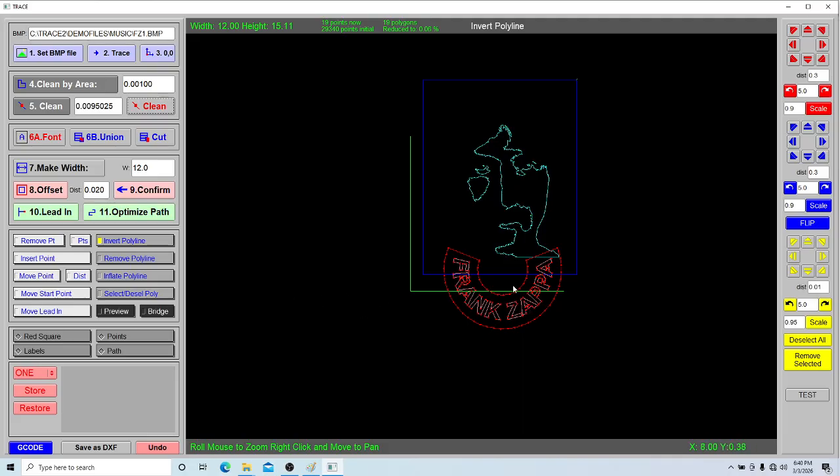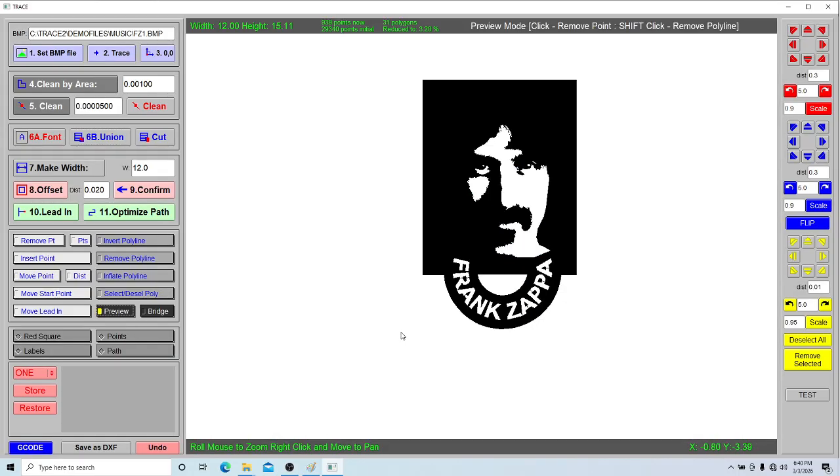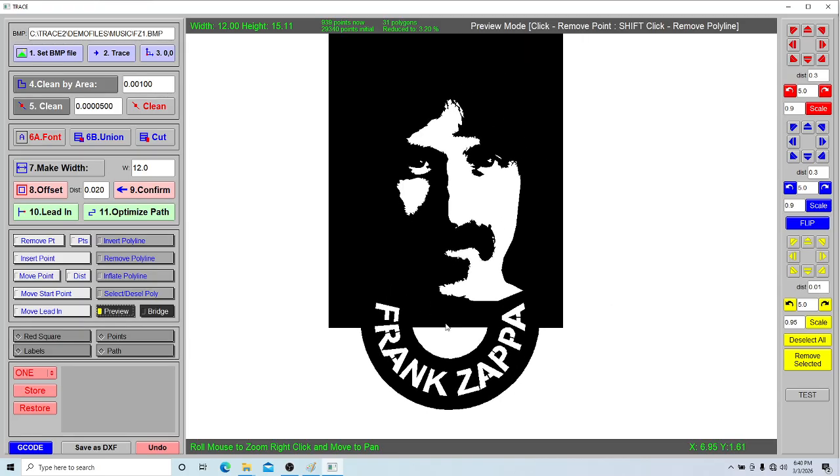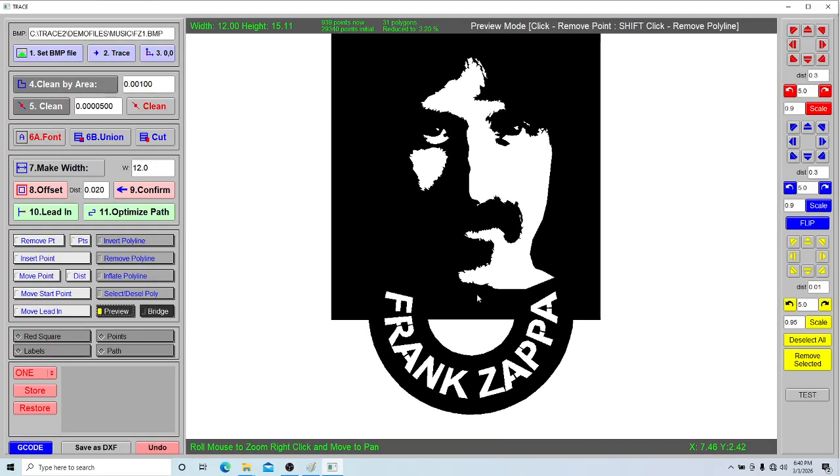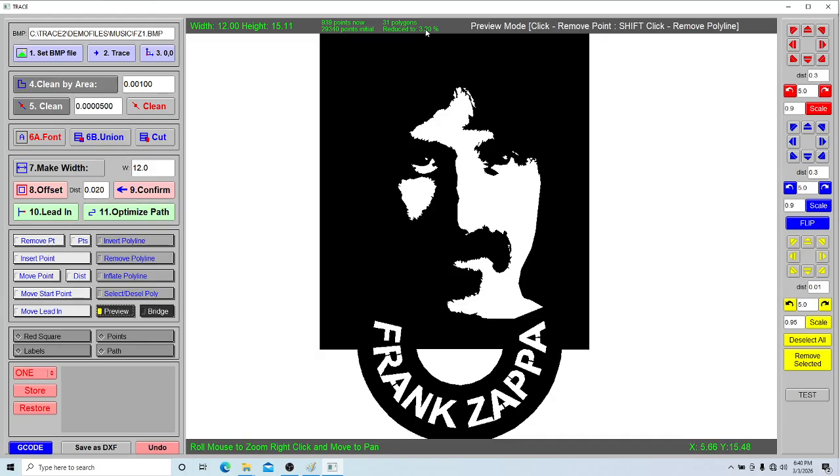And now I want to combine those two, so I have the lettering over. That is, I press union, and you see now you have just one, the red one disappeared. If I preview it here, it's like this. That's the lettering, and you see we reduced the whole drawing to 3%, and there are 900 points in here. So now I can save it as DXF,